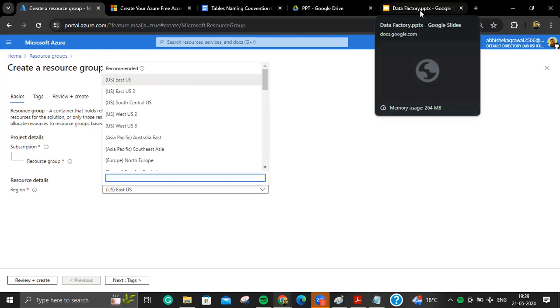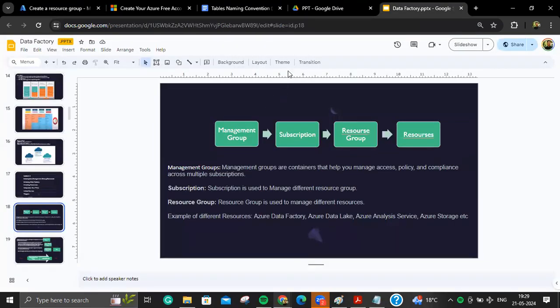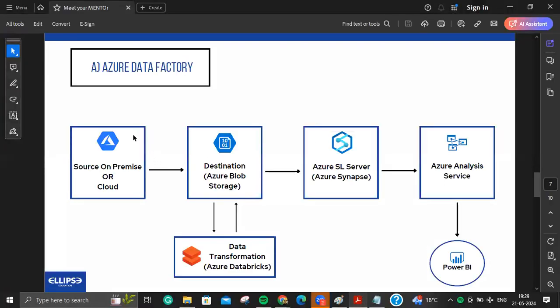So suppose you want to move the data from an on-premise server. From an on-premise server you want to move the data, and this particular on-premise server is there in East US, for example, right?